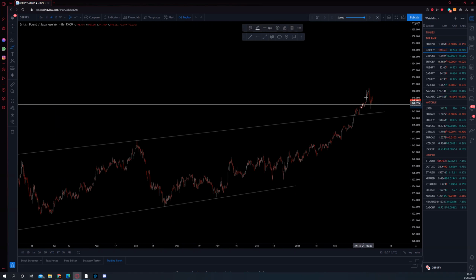People will be seeing this as a broken resistance turned into support for a trade to the upside, which is a possibility, but through experience and through backtesting, what's more likely to happen is we then get a trade to the downside, catching people on the wrong side of the market. If we were to get a trade to the downside, then I'll be looking at this particular head and shoulders